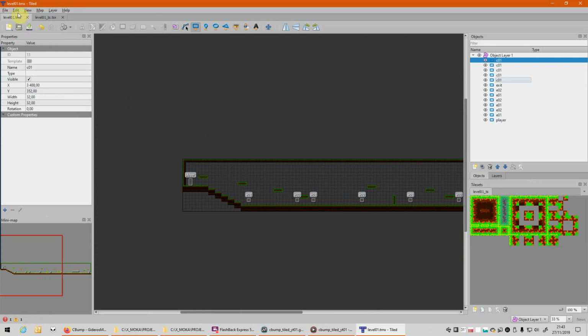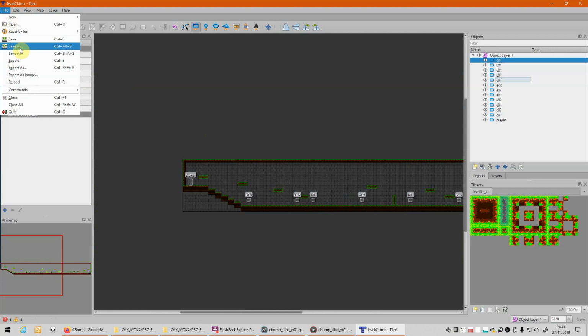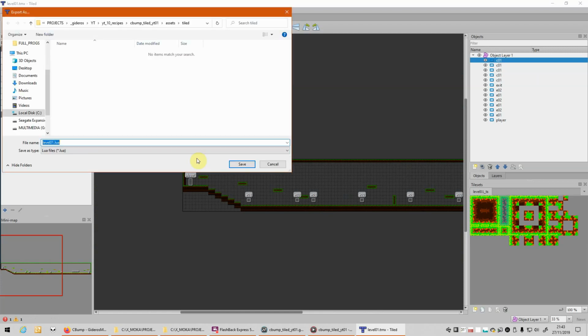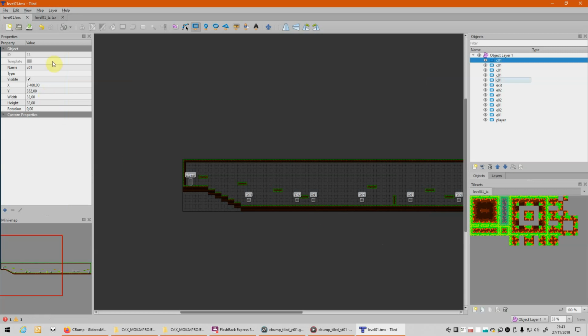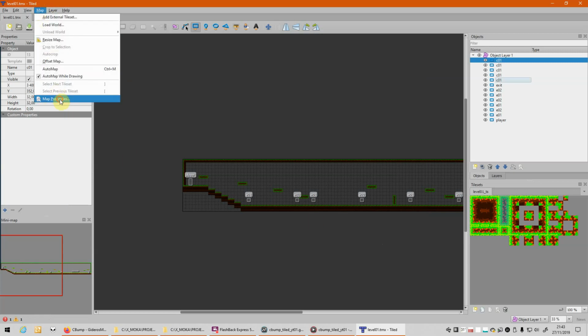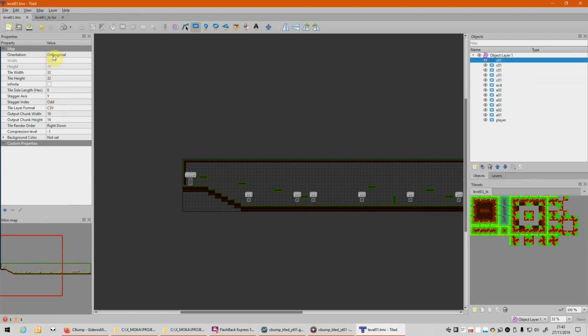We need to export it so we can use it in Gideros. Export. Asset style level01.lua. Cool, that's what I want. But let's have a look at the properties so we don't mess up things. The tile layer format must be CSV. This doesn't matter too much.